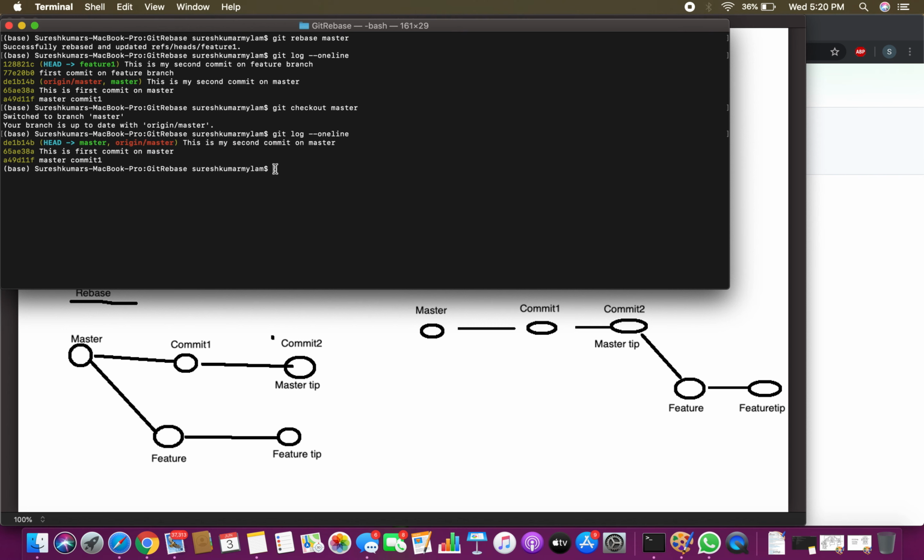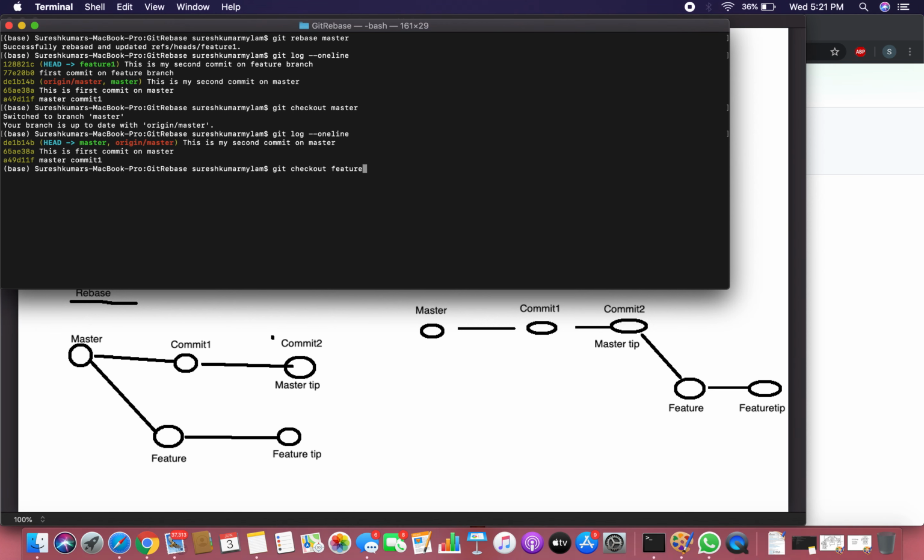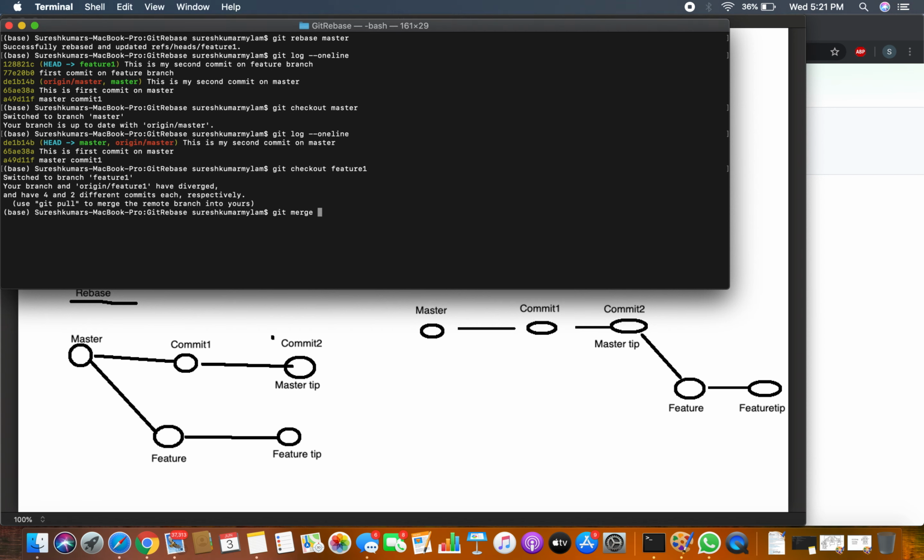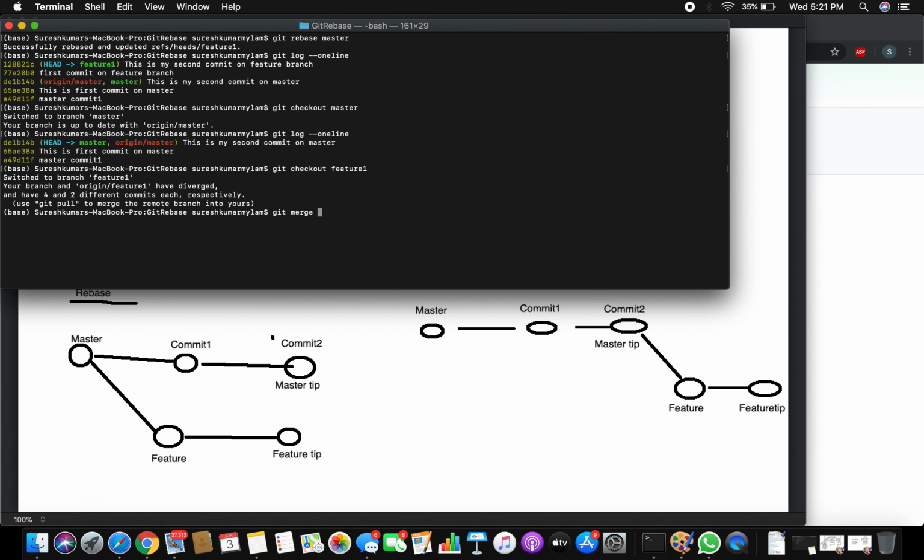Now let's try to merge and see what will happen. Git checkout feature1. Now I am on my feature branch. I'm going to do a git merge. Sorry, to merge the feature branch into the master, I should be on the master branch first.